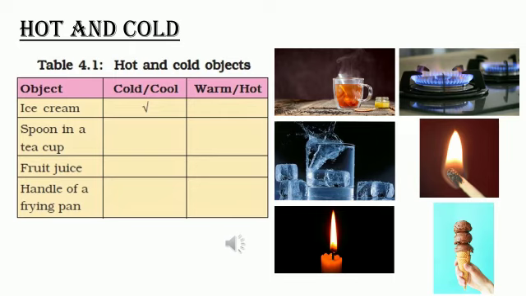We often do it by touching the object. By touching a teapot, we can feel the hotness of the tea, isn't it? What if it is too hot? We can't touch it with bare hands. So how do we measure that hotness, or the temperature? How do we measure it? We'll come to that point later. So let us perform one activity to feel the hotness or coldness of a substance.